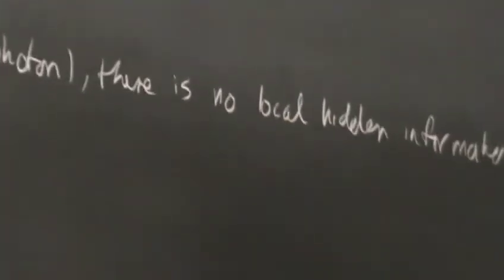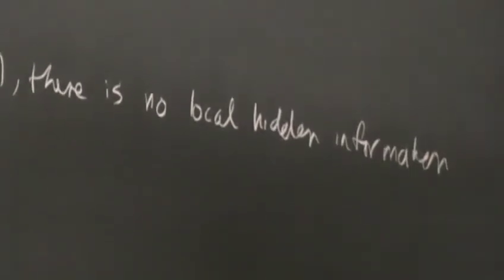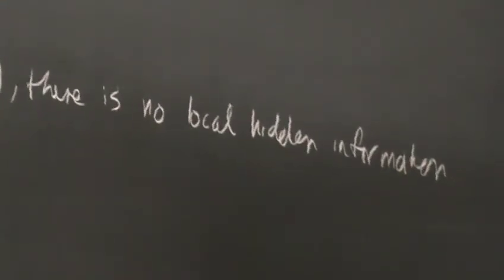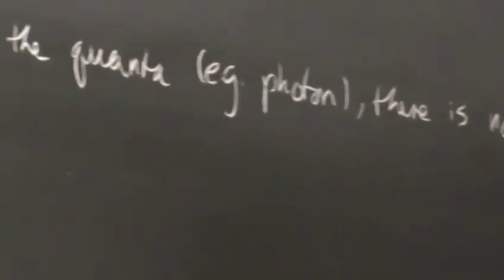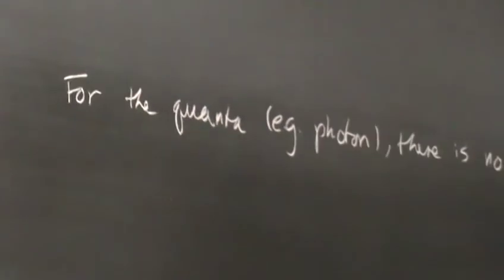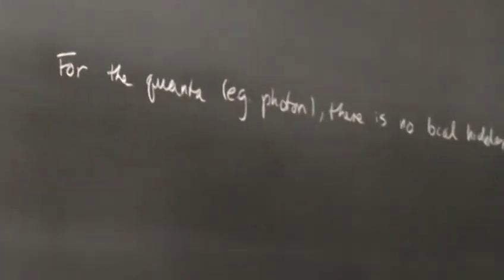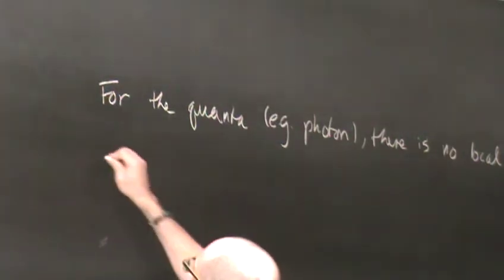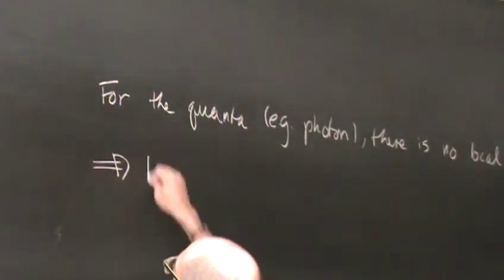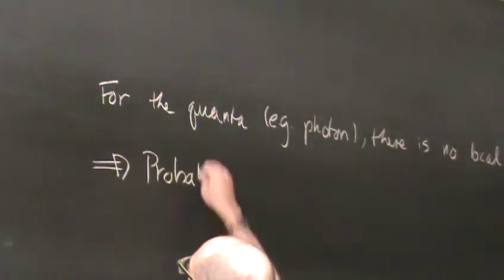And that fundamental difference means that the way in which events happen in the quantum world is just fundamentally different from the way they happen in the classical world. So for example, this fact that there is no local hidden information means that probability